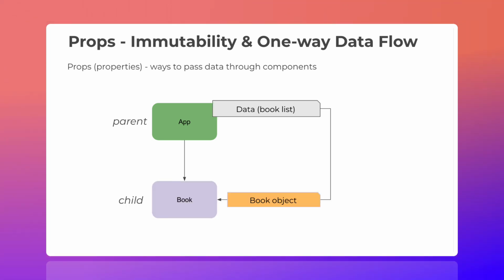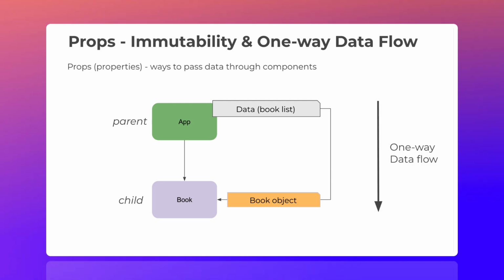But the thing about this whole thing here is that there is what we call a flow of data. So the flow of data goes one way, right? The data flow goes one way, from the parent down to the child. And so the immutability of the props, meaning they can only be changed by the parent component and not by the child component, and also the one-way data flow that is innate to React. These two particularities, immutability as well as the one-way data flow in React, are designed this way for